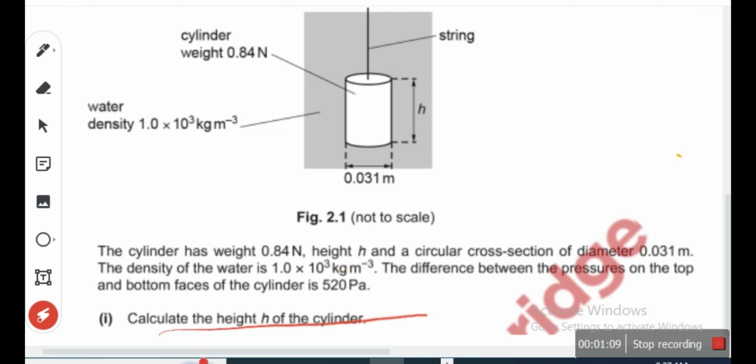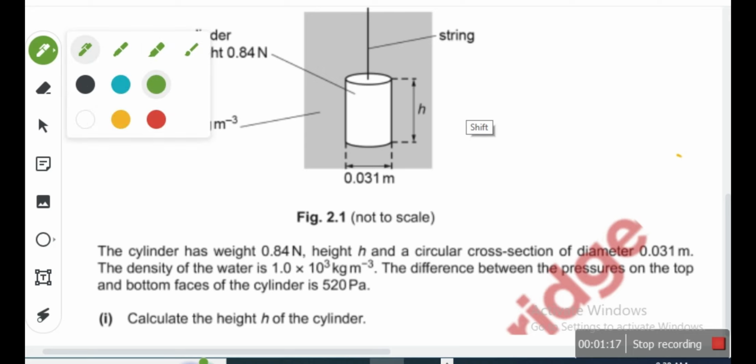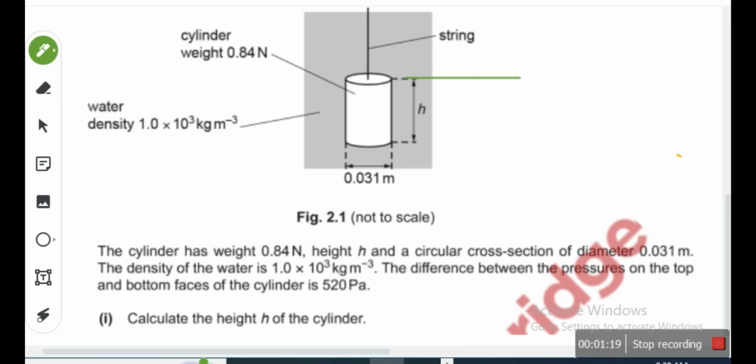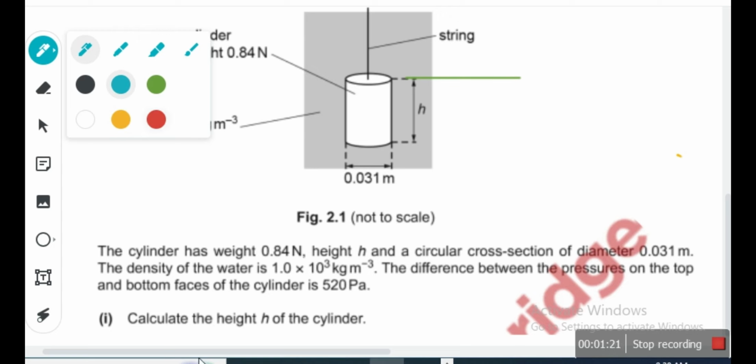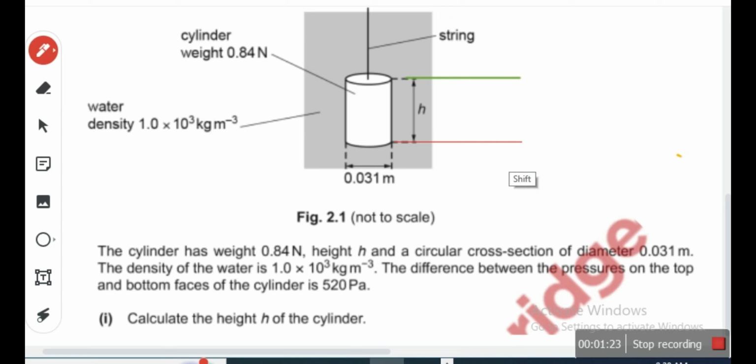Calculate the height of the cylinder. This one is a walkover now, don't you think so? What is the big deal in that question? That's a serious walkover. We are given the difference in pressure to be 520 pascal, which is 520 Newton per